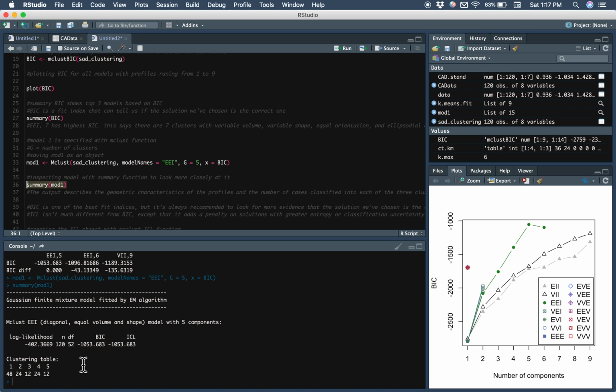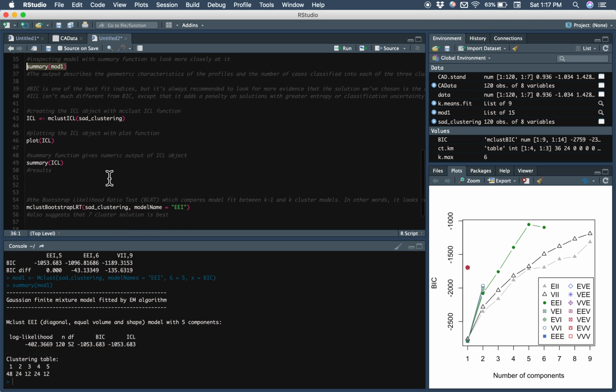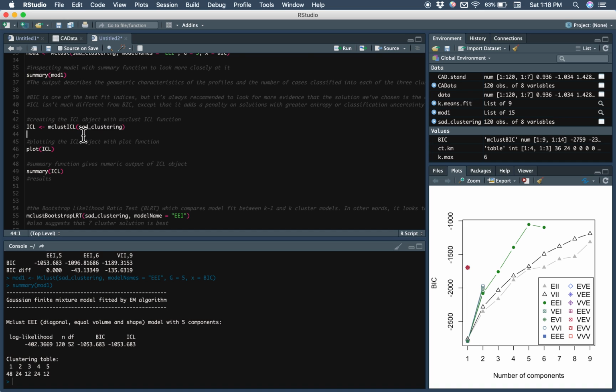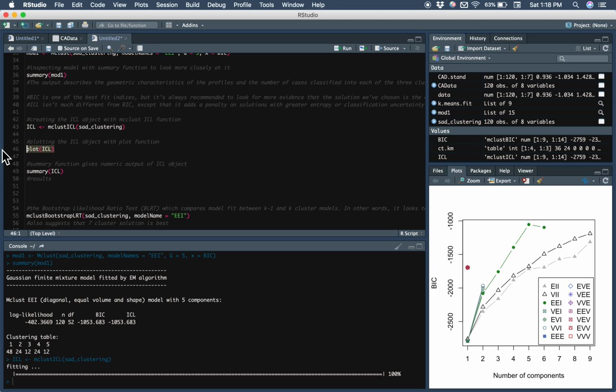BIC is one of the best types of fit indices, but it's always recommended to look for more evidence that the solution we've chosen is the correct one, in other words, validating it. So we can also compare the values of the integrated completed likelihood criterion, which is ICL. ICL isn't much different from BIC except that it adds a penalty on solutions with greater entropy or classification uncertainty. So this can also be done using the mclustICL function. Plotting it,